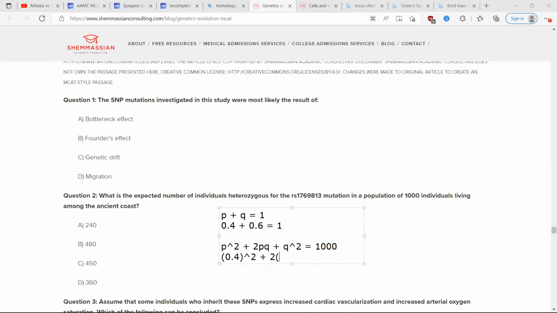Actually, wait, do I even need to do this? Wait a second. 2PQ. Yeah, wait, let me just do it this way. Let me just see if this is the right way. Q. 0.6 squared equals... okay, so 0.4 squared is 0.16. 2PQ plus 36 equal to 1,000. Then